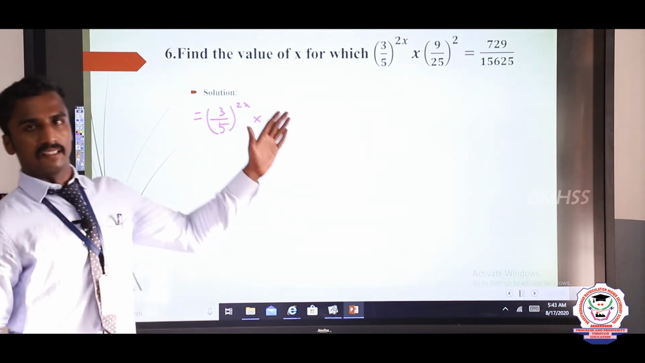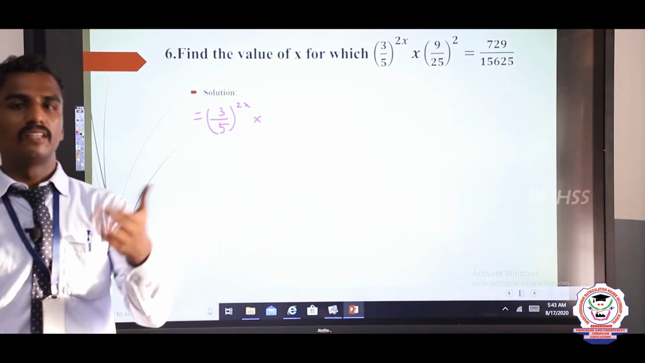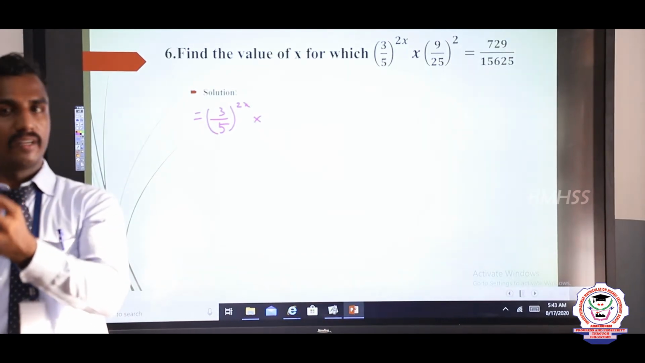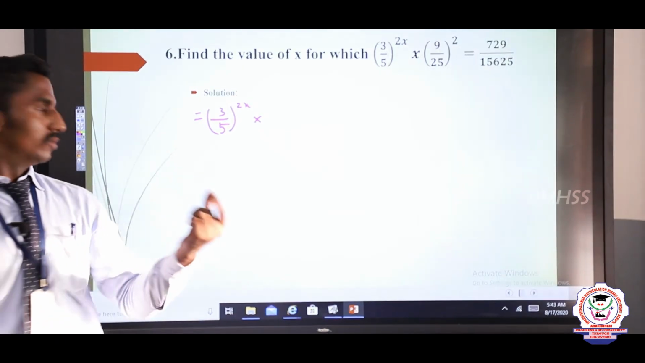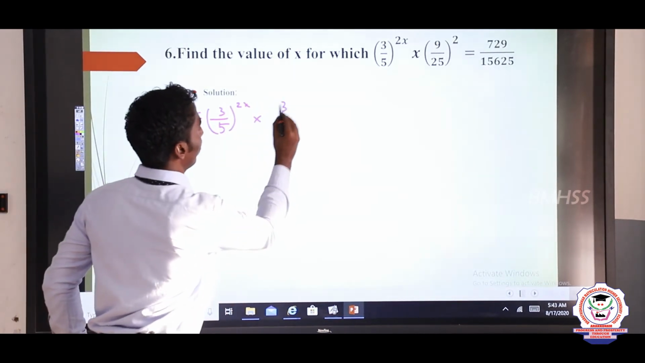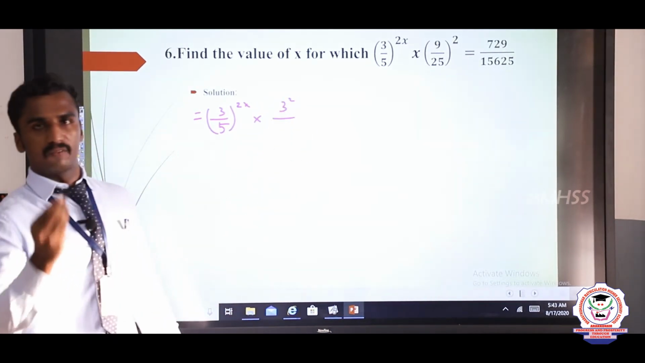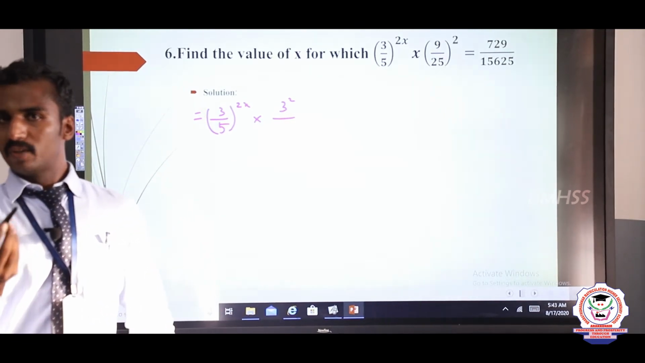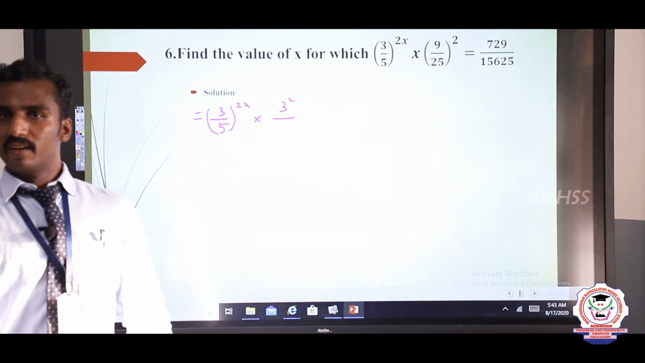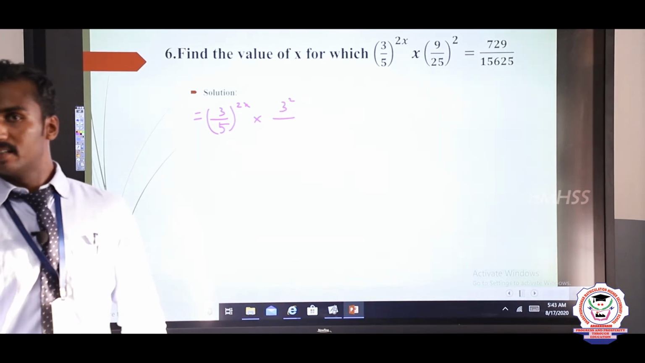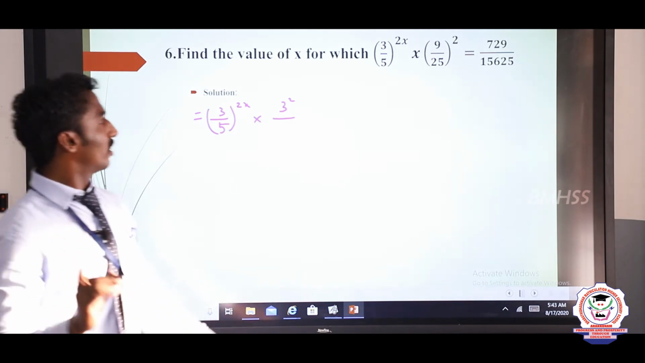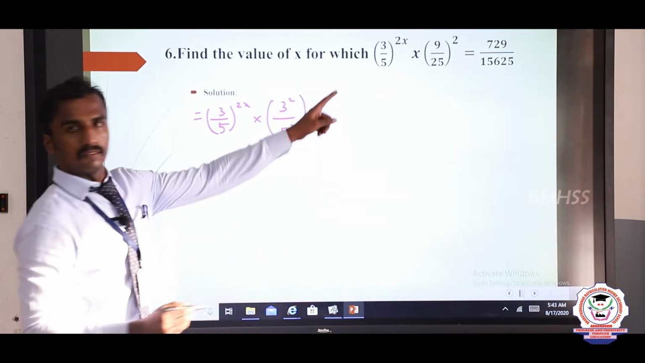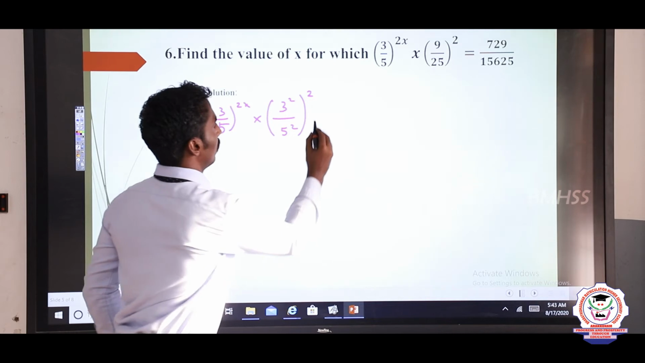The next one, 9. How to write 9 in powers of 3? 9 equals 3 square. So 3 3s are equal to 9. So 9 equals 3 power 2, divided by 25. 25: 2 2s are 4, 3 3s are 9, 4 4s are 16, 5 5s are 25, right? 5 5s are 25. So 5 square. Whole power value 2. This is equal to